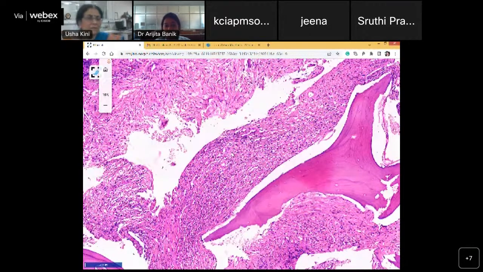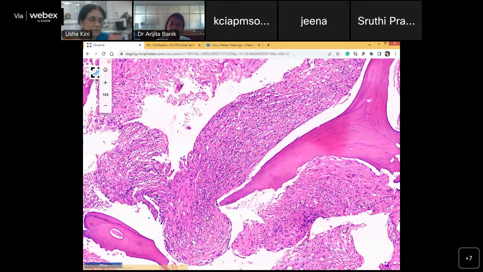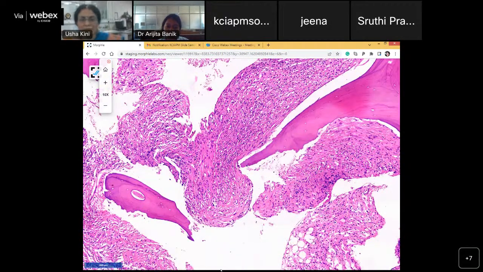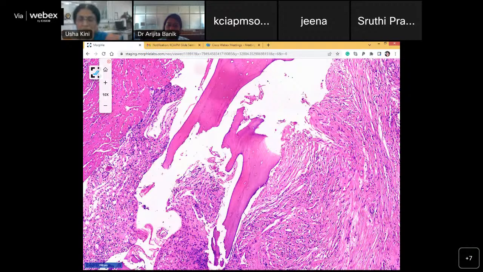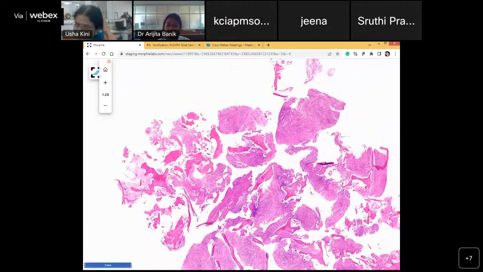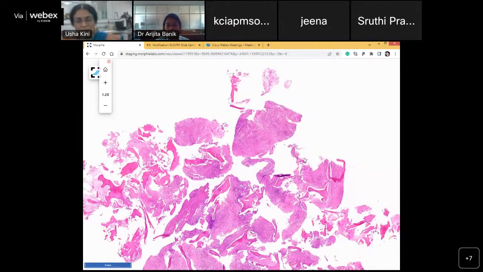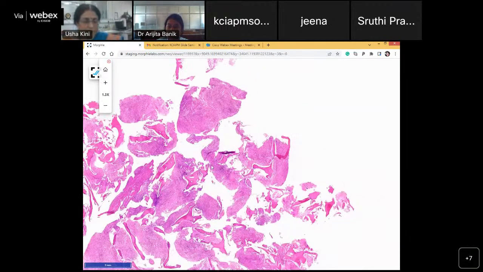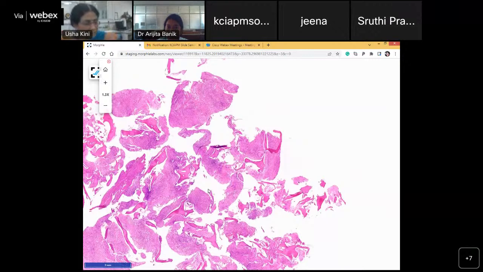But there is some synovial tissue, if I remember. I don't know where exactly it is. And there is an amount of synovium which is showing ulceration. So this patient went for arthroscopy. They hit the lesion on the periosteum and took out these chips of bone. So your diagnosis is xanthogranulomatous osteomyelitis, right? Yes.